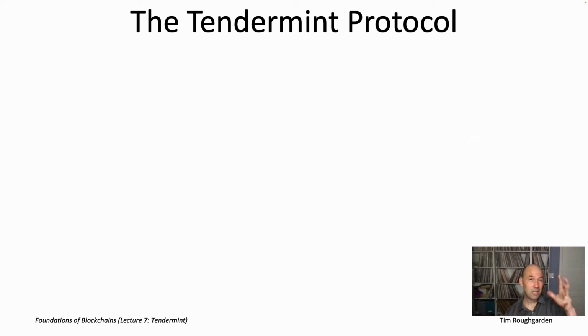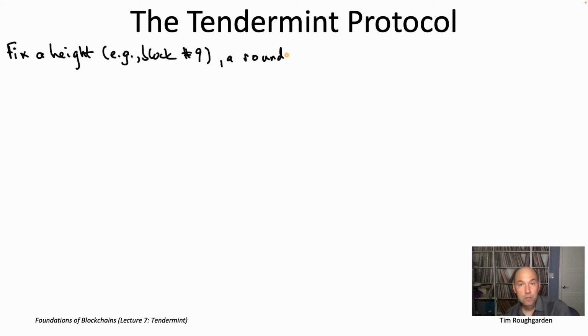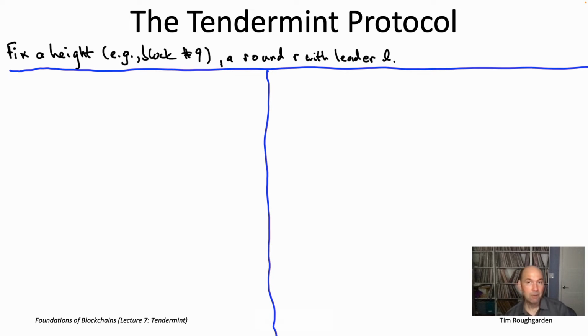All right, so first, because the single shot consensus instances aren't going to interact much with each other, to describe the pseudocode, let's zoom in on a specific block number, like say block number 9. Every round of the protocol is going to look exactly the same, so let's moreover zoom in on one specific round, like maybe round number 117. Let's use L to denote the node that is the leader of this round R. Remember, we're just doing round robin leader rotation, right? So if we have 100 nodes, we're in round 117, maybe it's node number 17's turn to be the leader. In any case, all of the nodes know automatically who the leader of the current round is.